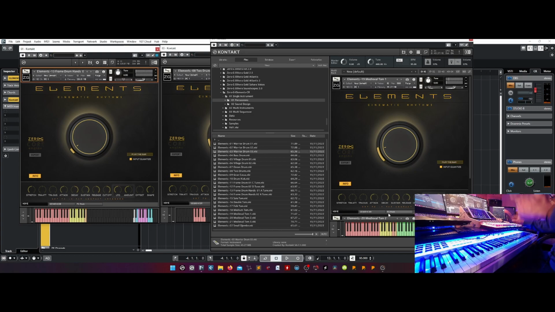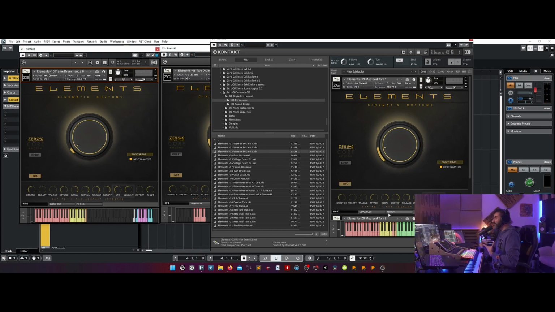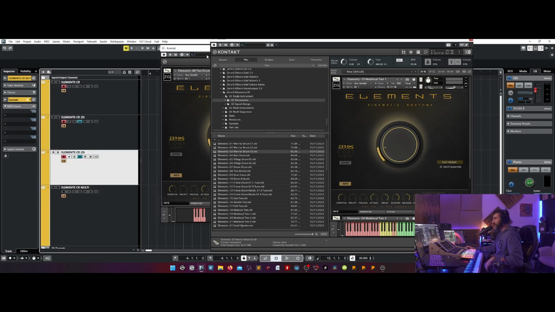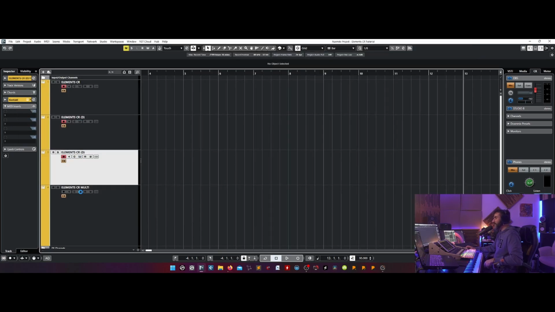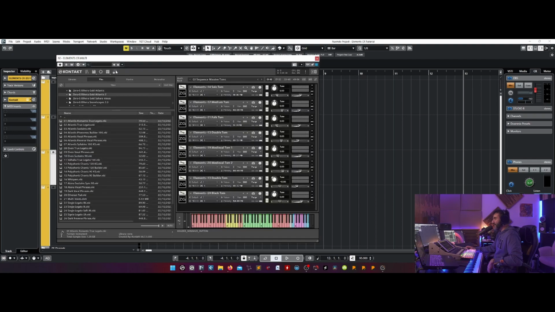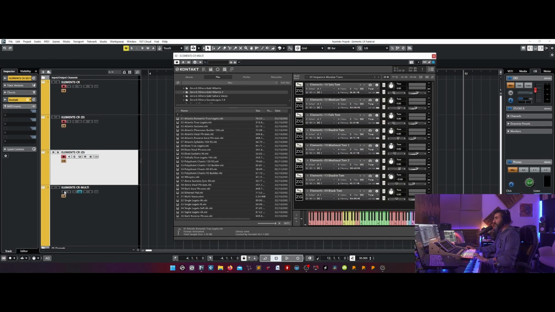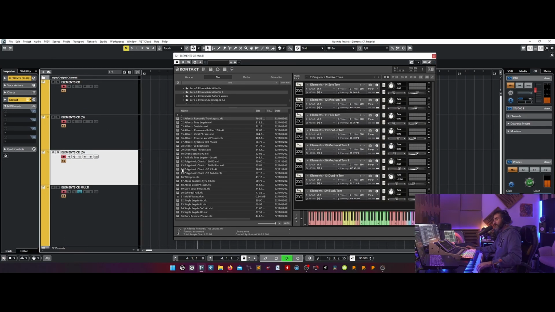Just to test, and remember that the input quantize works only in real time. When you have recorded your MIDI part, you can deactivate it. Also, I suggest to deactivate it. So this is the sequencer, and I think it's pretty cool because you can create a really complex part.